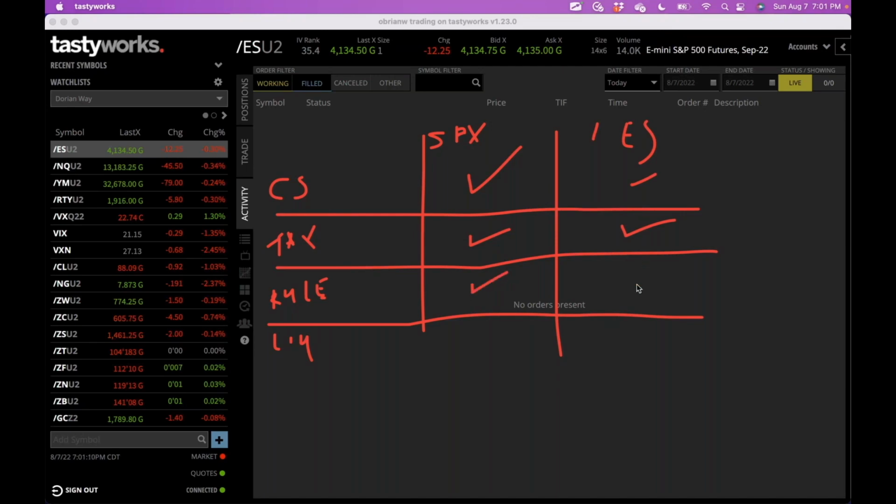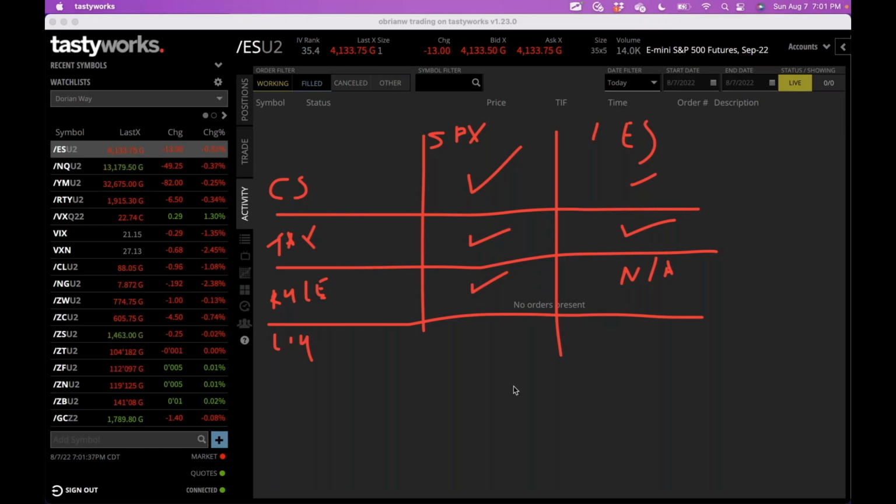With the ES, it does not apply to options on futures or any type of futures. It does not apply, right? So this is actually an amazing benefit for small accounts that want to participate in short-term trading, want to participate in the zero DTE type of trading. You do not have to worry about the day trading pattern rule when you're trading the ES.